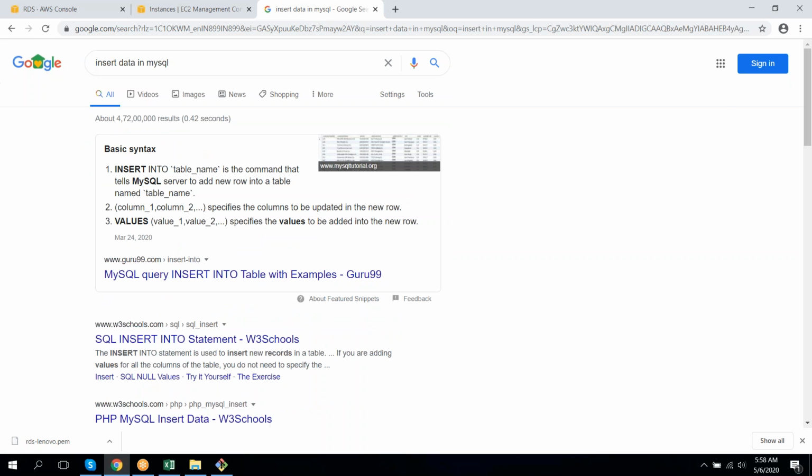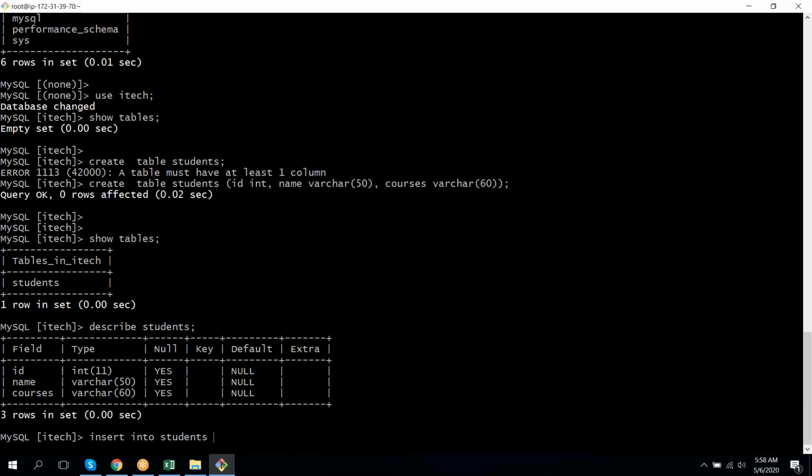Insert data in MySQL. Okay, so you can define something like this. You can say name in the parenthesis, name, and courses, and what was the first one? The ID. And here you can define values,